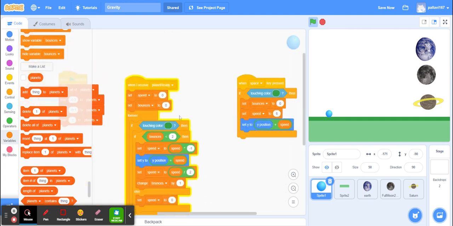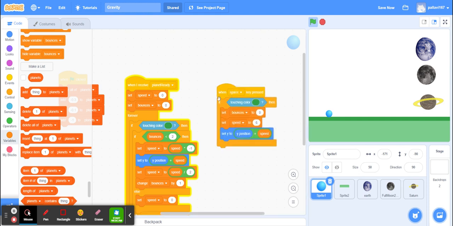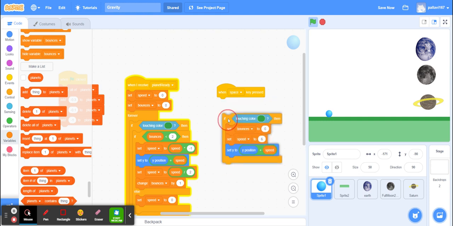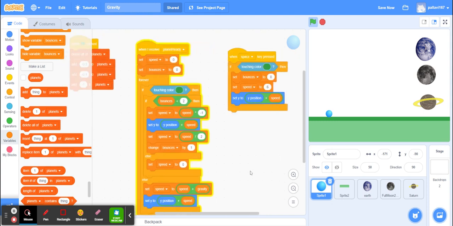Okay. Now I want it to bounce only when I press the space bar key. So I'm going to use this event. When space bar key is pressed, check whether the ball is on the green surface. And if it is on the green surface, then set bounces to 0 because we have to initialize it to 0, and set the speed to 6. Now I have used the value 6 to make it go a little faster. This is something that you can decide as per your choice, and of course its y value is going to be y plus speed. Yeah, so this is the code.